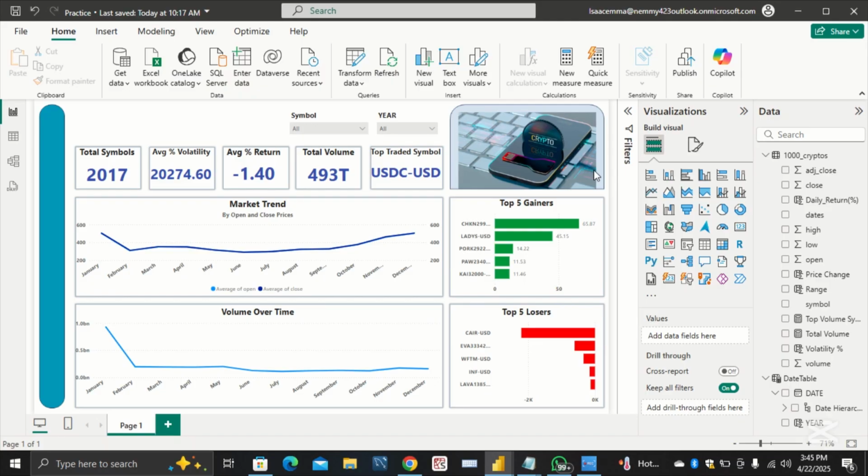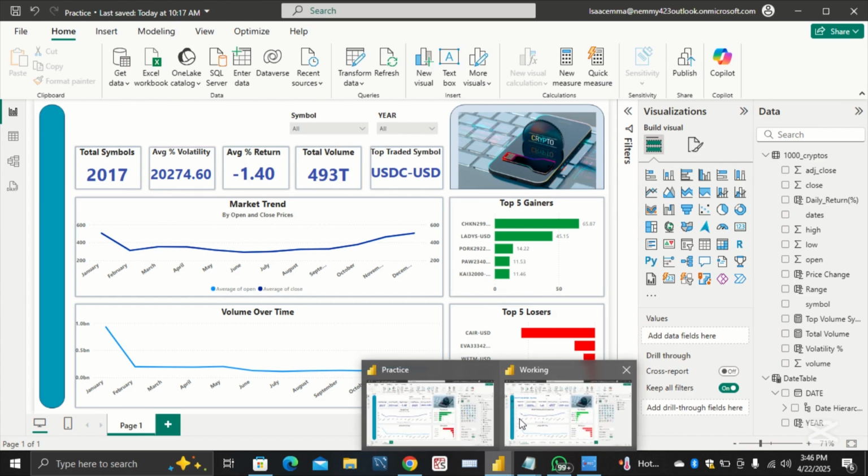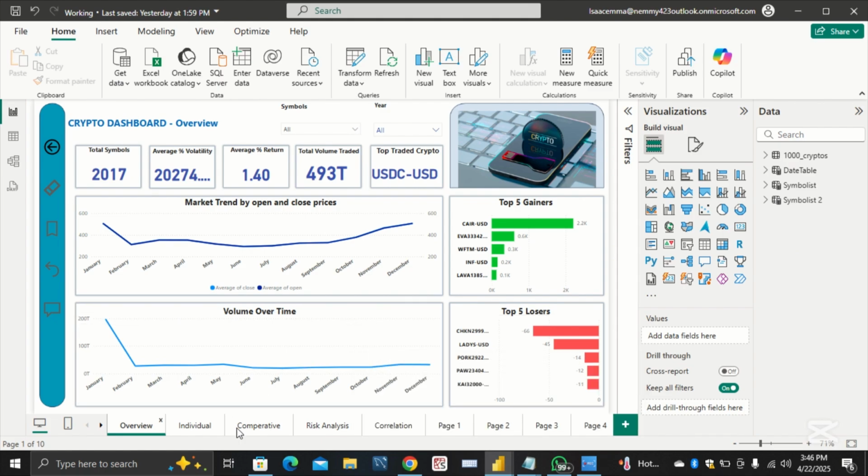Welcome back to part 2 of this data analysis series. In the last video, we were able to create market trend by open and close prices, volume over time. We were able to detect top 5 gainers and top 5 losers, and some other card visuals that were very, very insightful. So now, in this part, we are going to